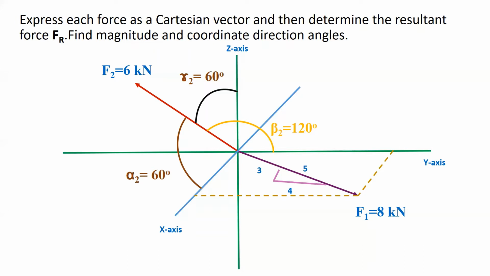And the force F1 lies between the x-axis and the y-axis, and it is clear to you by watching this rectangle. So you can easily understand this. It is exactly lying between the y-axis and the x-axis. So first of all, what you have to find is the angle of F1. And how can you do that? Let's make a start.